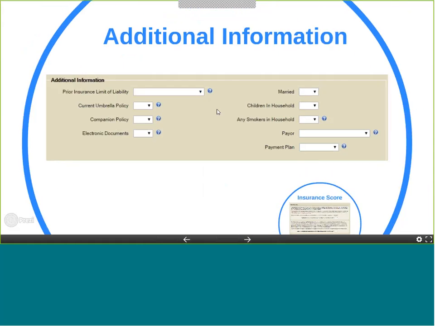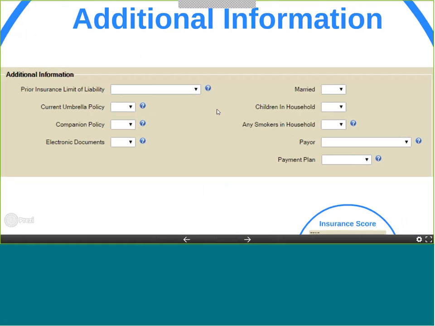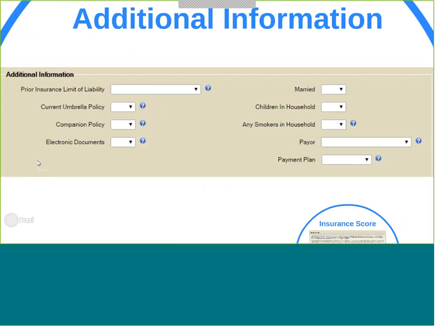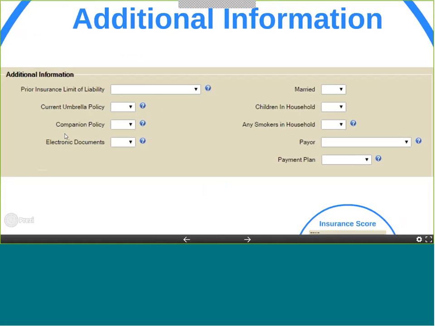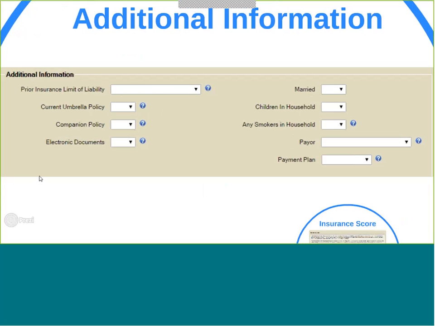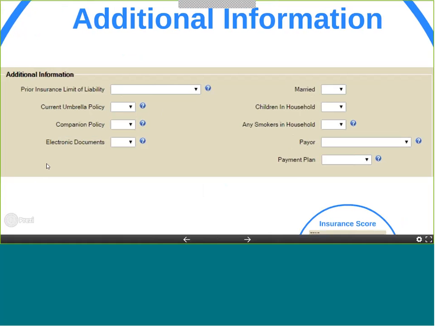Additional information. Please complete all fields. Since we utilize tier rating, most items in this section help determine the rating tier. It is important that all items are entered accurately. The companion policy is an excellent feature of Maison's product. If your office writes the flood policy or has the auto policy for the same client, we offer a discount. Also, if the customer desires electronic documents for their delivery method of our policy documents, it will provide a discount